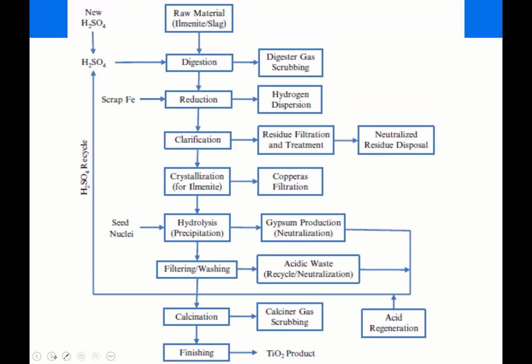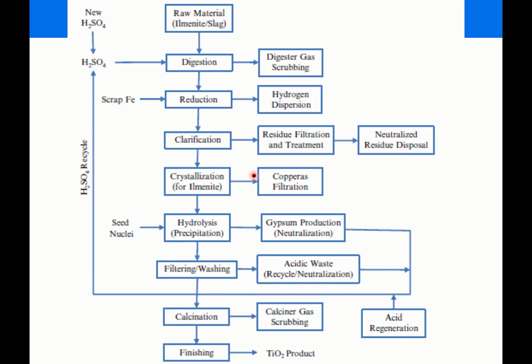This flow chart here summarizes the whole process, starting from the ilmenite slag raw material, which gets digested with sulfuric acid, which will convert ilmenite into a mixture of titanium sulfate and iron sulfate. You will put scrap iron into the mixture to ensure reduction of iron to iron 2, then allow it to stand to remove any insoluble materials, and then crystallize iron sulfate in a crystallization step to remove all the iron content,